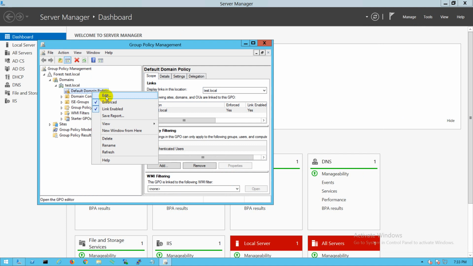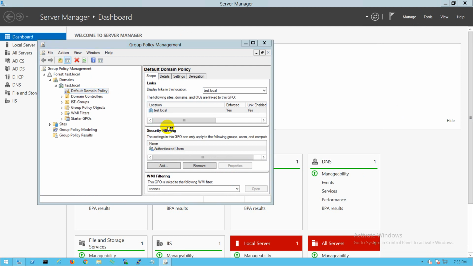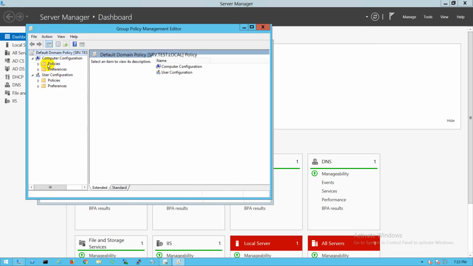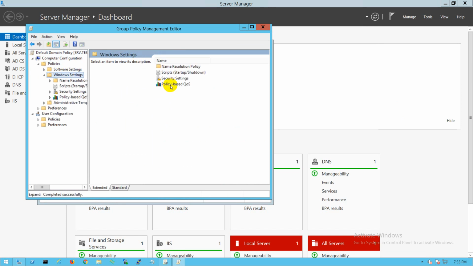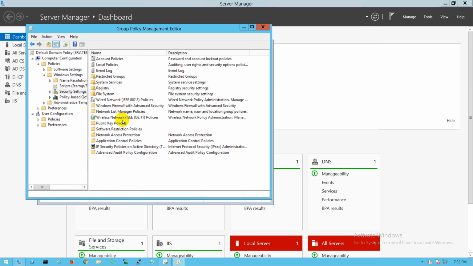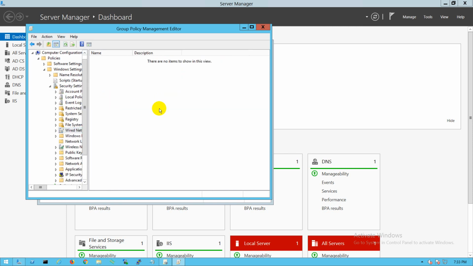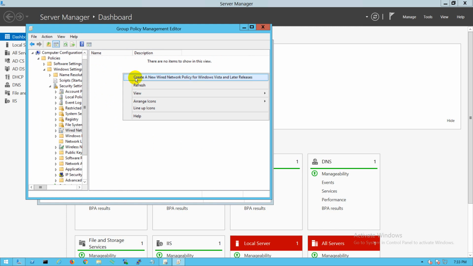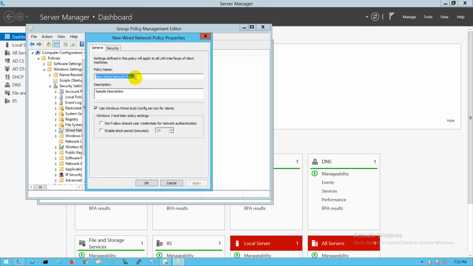Click on default domain policy, or create a new one. Now I need to go to policies, Windows settings, and then security settings. Here will be wired, not wireless. For wireless you can also do the same. Click on wired network, right click and create a new policy. Let me name it Dot1x